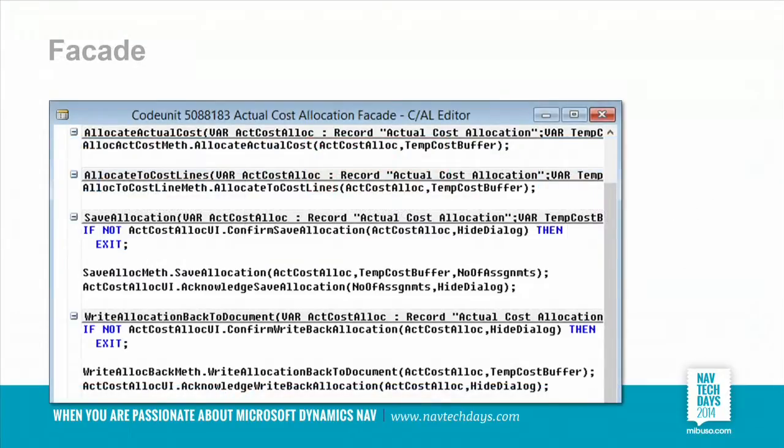And what it looks like is something like that. This is a facade codeunit from our allocation table that we've talked about earlier, where you allocate planned costs, and all it ever does is find the right method in that context. There may actually be more code. If you have a case statement, it needs to find different methods, different codeunits depending on the context.